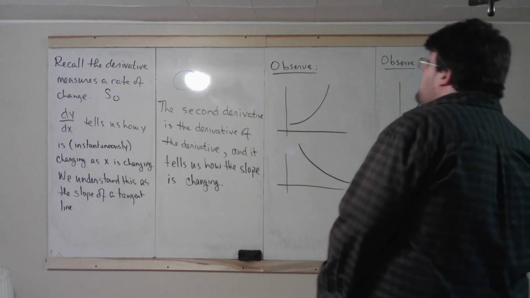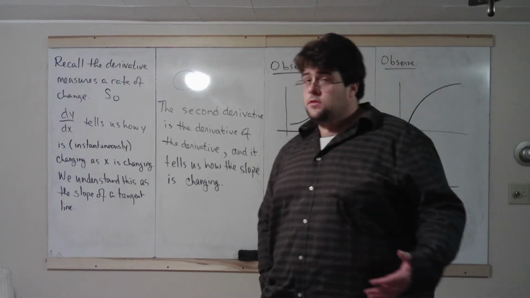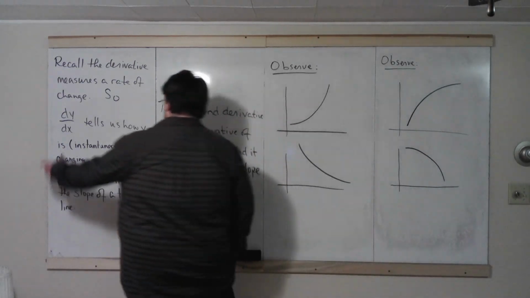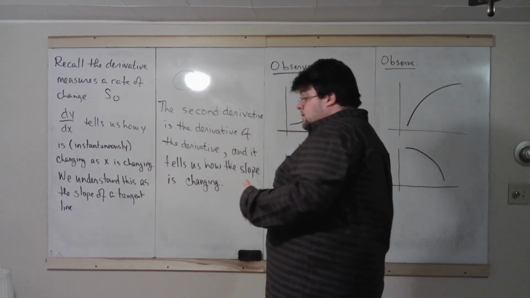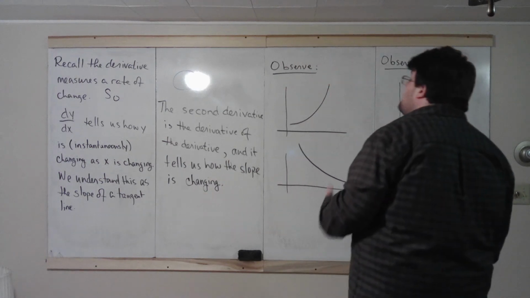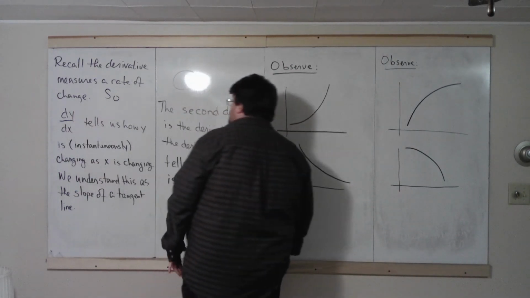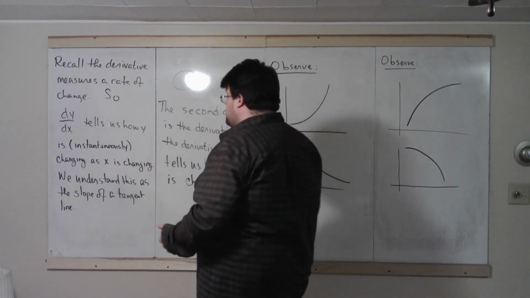Recall, the derivative measures a rate of change. And we have this fractional notation dy dx. One of its conveniences is that it makes the chain rule feel more algebraic. Another convenience is that we can interpret the derivative as telling us how y is changing as x is changing